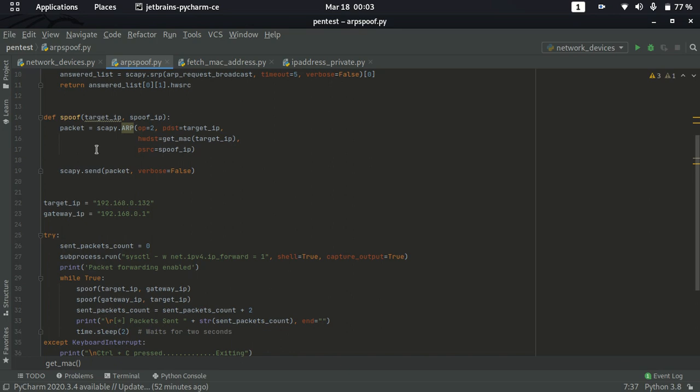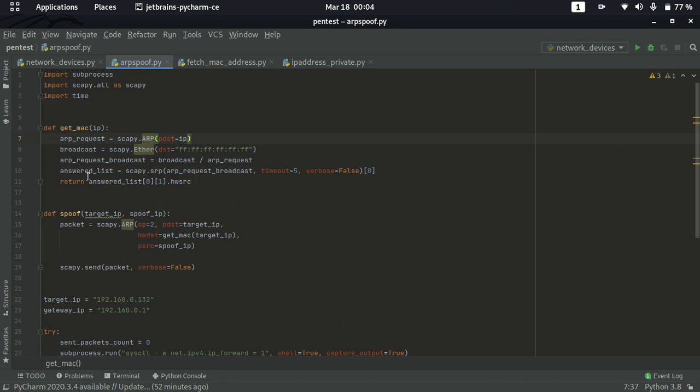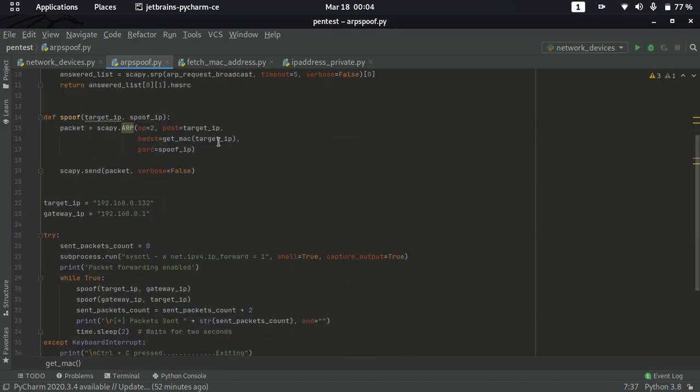To create the packet in Scapy we have the method scapy.ARP, and it is the same for request and response. To differentiate between them we give the operation: op will be 2 if you are creating a response. Then we give other parameters such as the target IP address, as pdst, and the hardware destination, hwdst. For this input we need the MAC address for the target IP address. That can be done by using the getMAC method. By simply calling that method you get the MAC address of your target IP address.